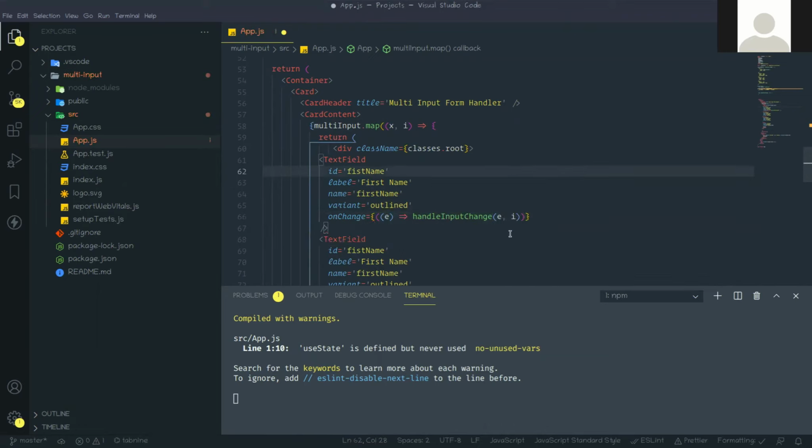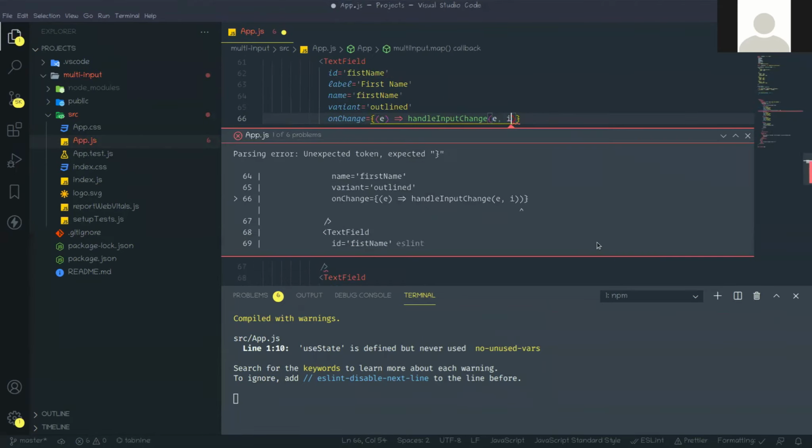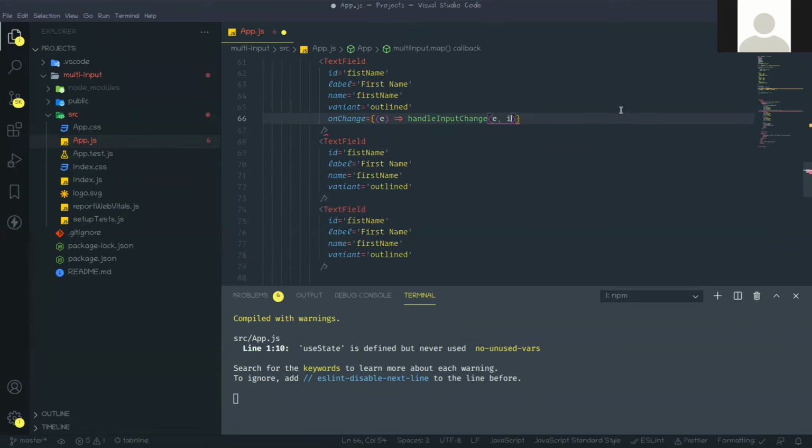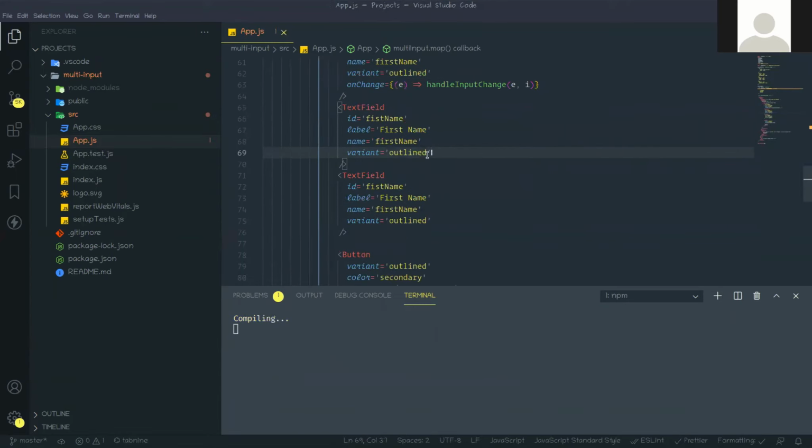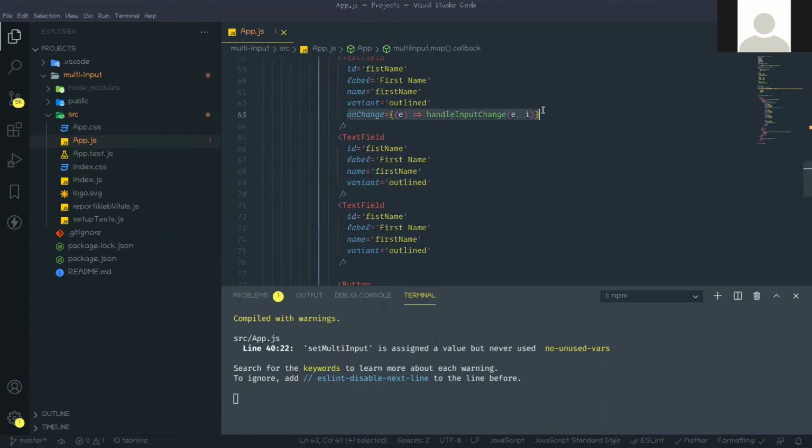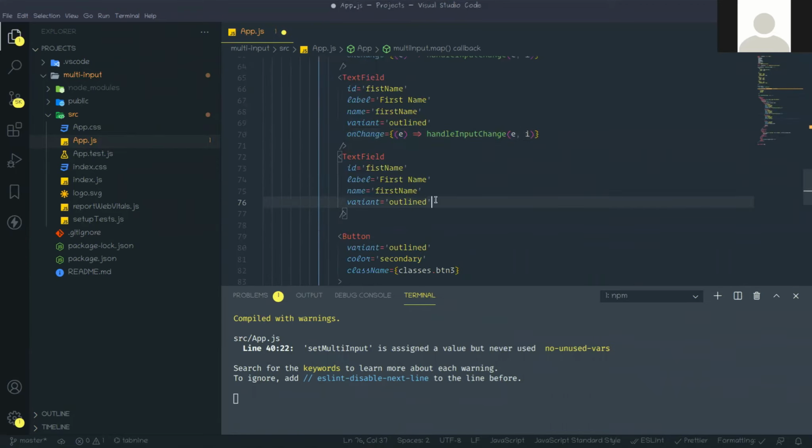Same for the last name also and the phone number also. So that ID is phone number.